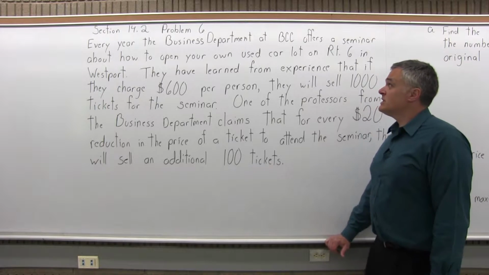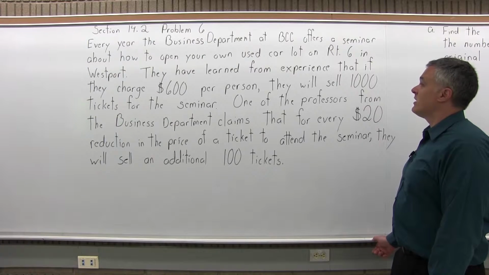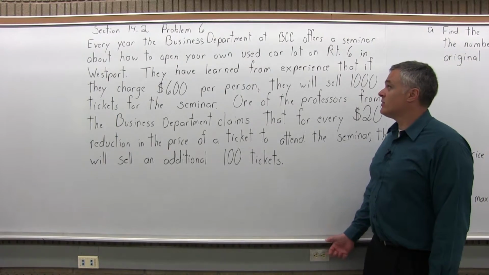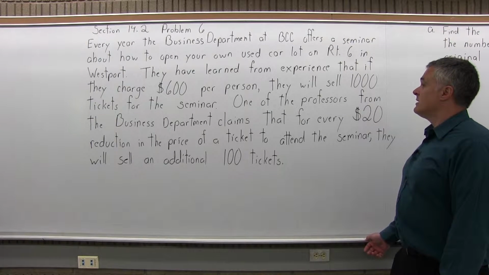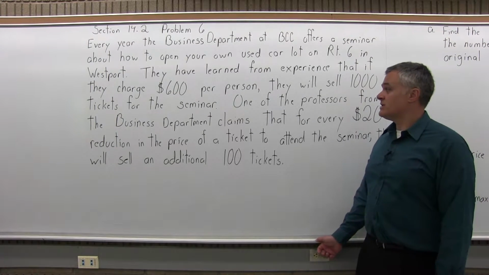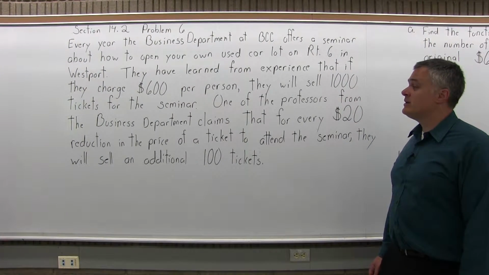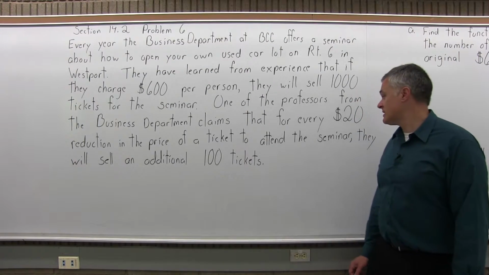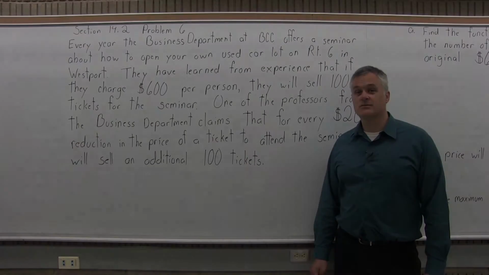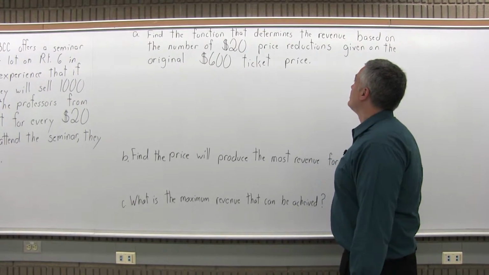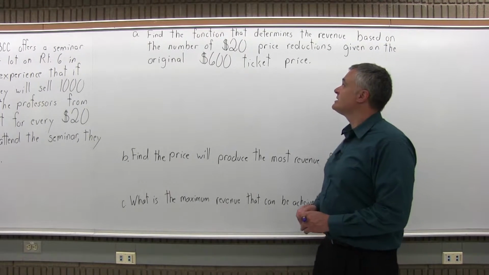It says, every year the business department at BCC offers a seminar about how to open your own used car lot on Route 6 in Westport. They have learned from experience that if they charge $600 per person, they will sell 1,000 tickets for the seminar. One of the professors from the business department claims that for every $20 reduction in the price of a ticket to attend the seminar, they will sell an additional 100 tickets. Find the function that determines the revenue based on the number of $20 price reductions given on the original $600